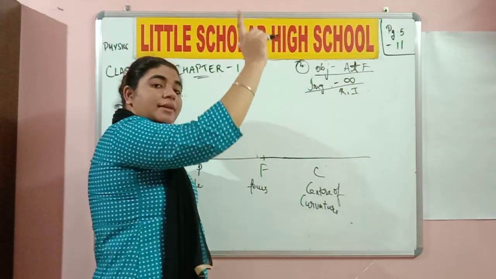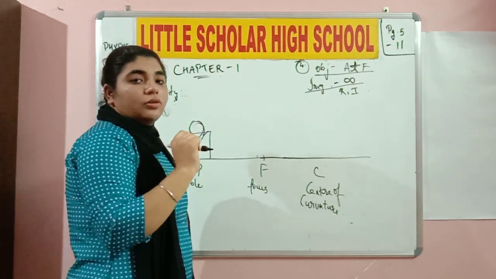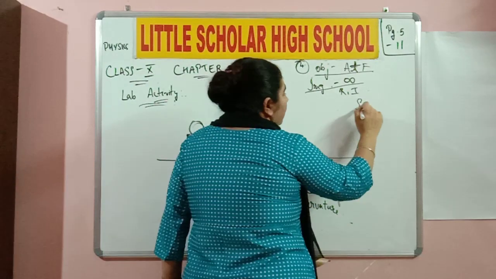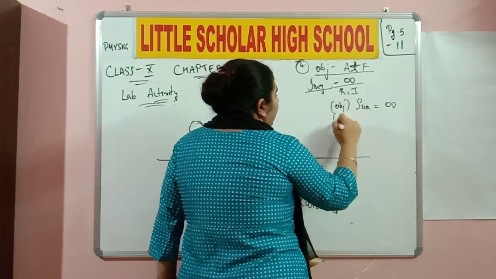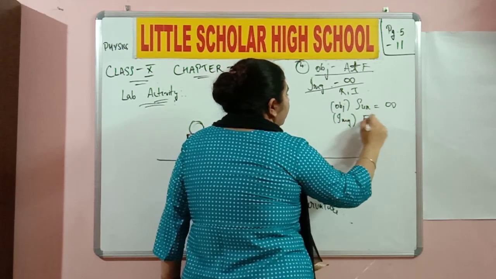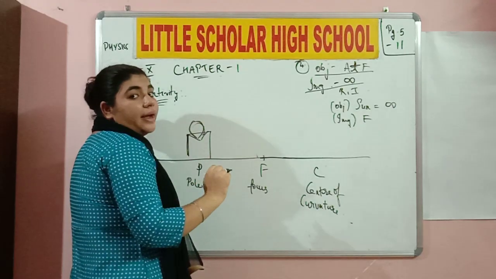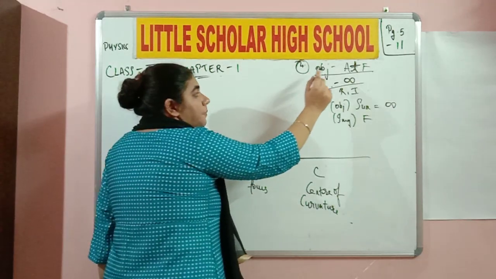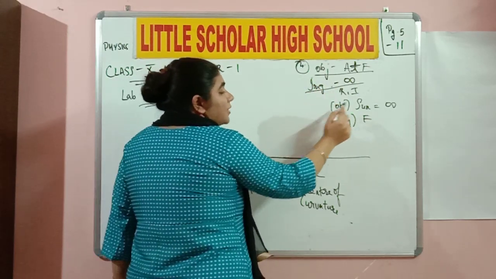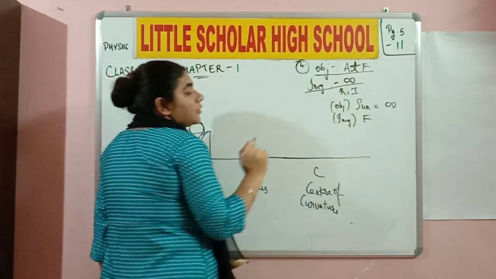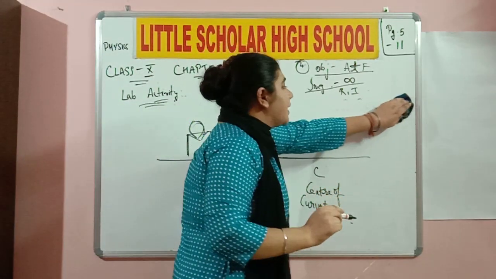Whenever the object is placed at infinity, the image is formed at the focus. For example, what? The sun. Do you understand this? When the sun is considered to be at infinity, if the sun is the object, the image is formed at the focus. These two conditions go hand in hand. When the object is placed at the focus, the image is going to be formed at infinity, and when the object is at infinity, the image is going to be formed at the focus. And when it is being formed at the focus, it is point sized.